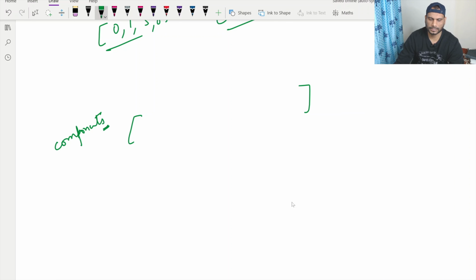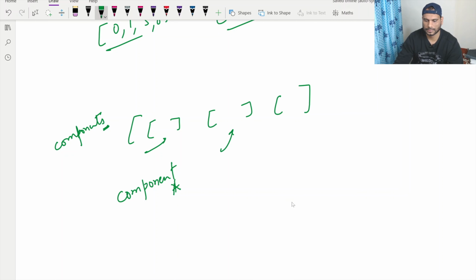The components are this single list. So the single list will be all the neighbors: the current node on which we will be standing, and all its neighbors. This all will be